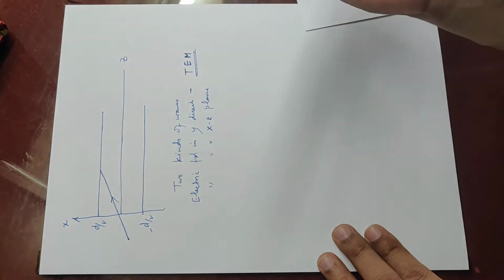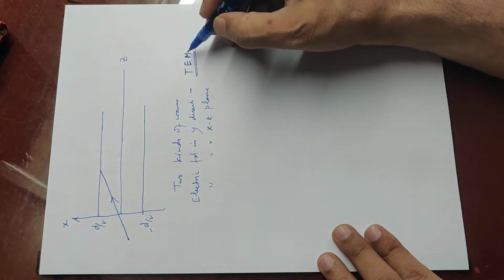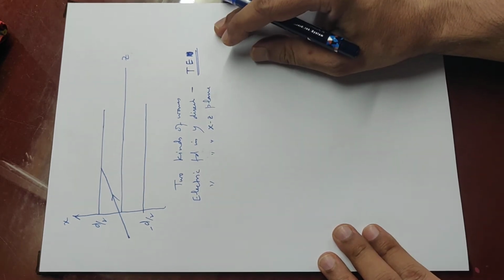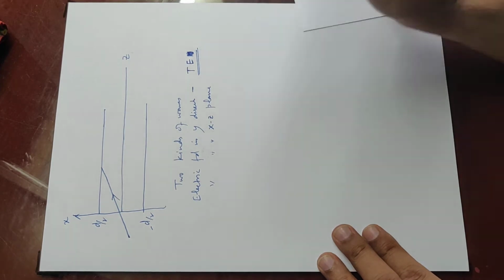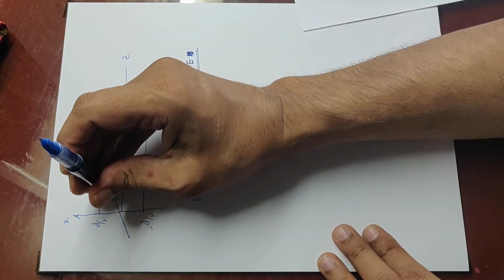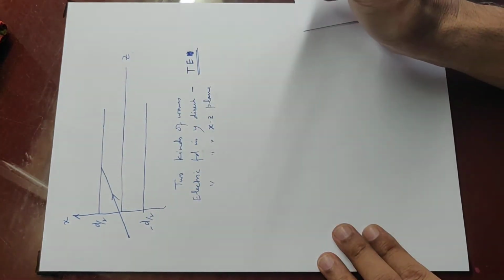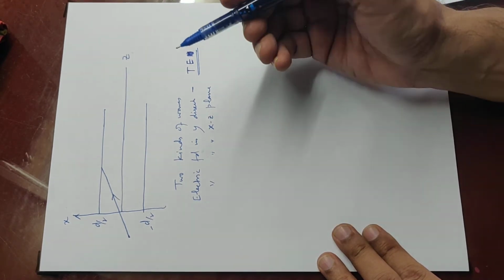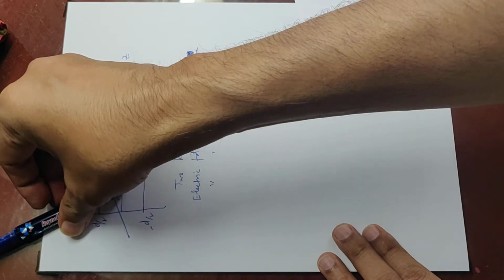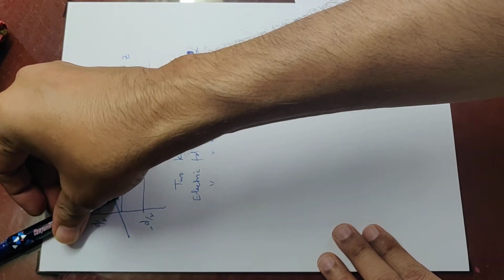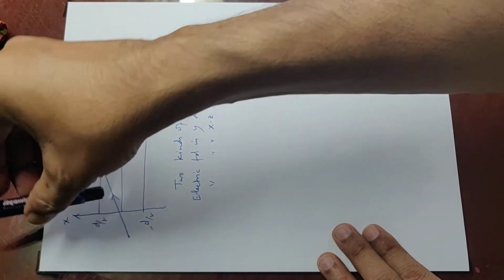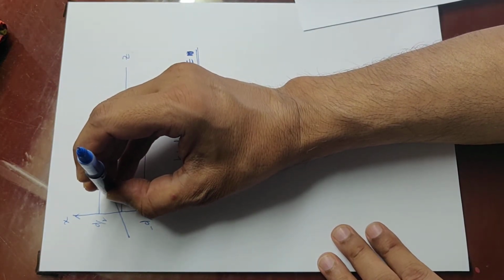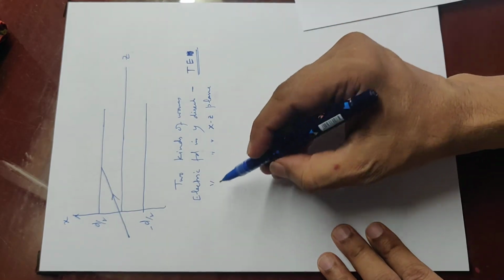Whereas, or transverse electric waves, let me leave out this M. So transverse electric waves are those in which E would be only in the y direction. What about the one in which E is in the xz plane? For that wave, the H would obviously be in the y direction.